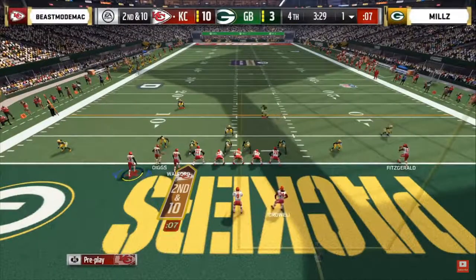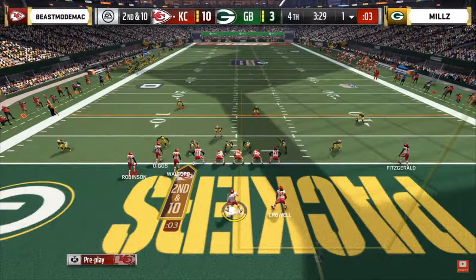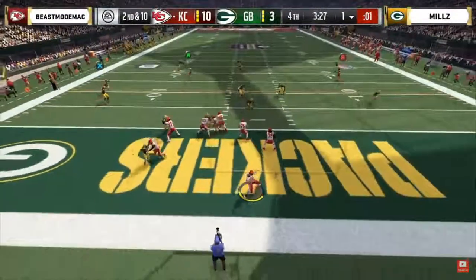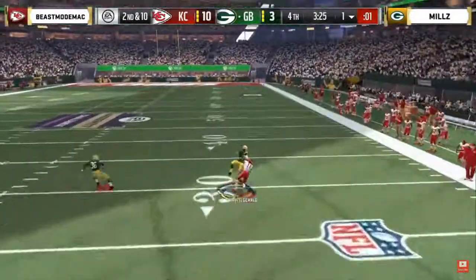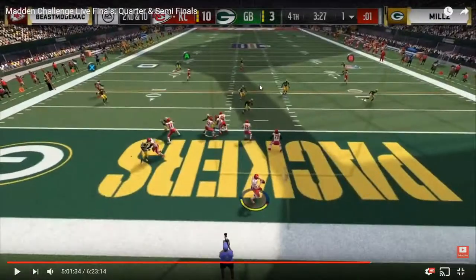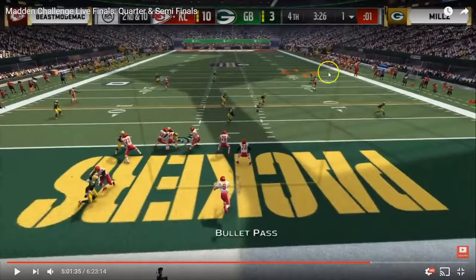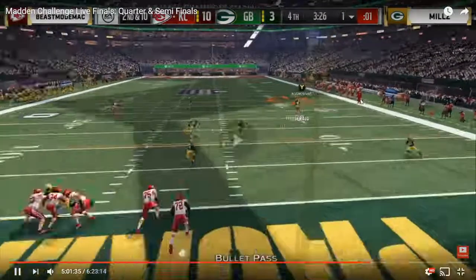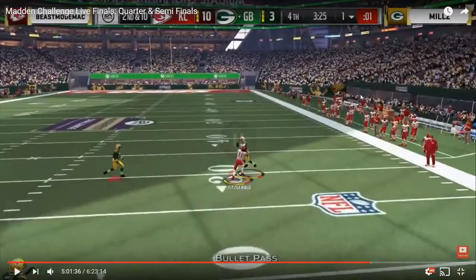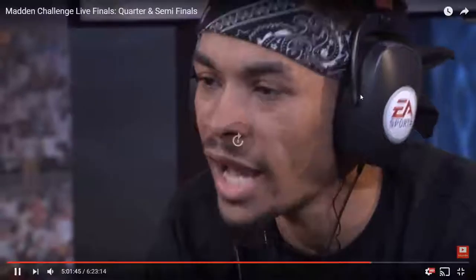Almost got picked off. Mac comes back out in his normal gun bunch. Probably a safer bet here. The motion out, blocks 7, goes for the swerve and gets picked off. Okay. So he kind of tried to force the swerve, block 7 there. It's actually a good defense to swerve because it is a cover 3 look, which is normally what gets swerved. Millz does a good job of clicking on though, and it might have been a slight overthrow from Mac's QB. So Millz gets the ball right back